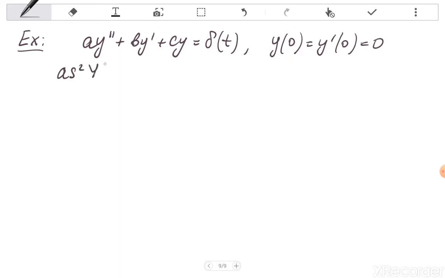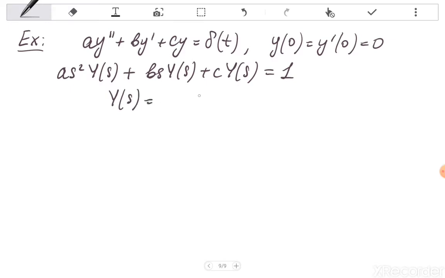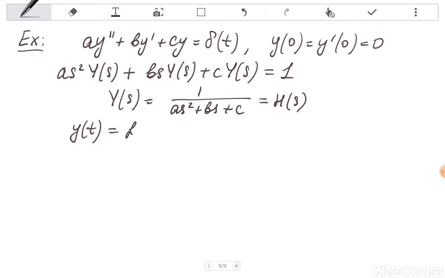a s squared Y of s plus b s Y of s plus c Y of s equals 1, and so Y of s is 1 over a s squared plus b s plus c. And this, as you remember, the name of this function is transfer function. So there is no function g, right? So in fact, if we now apply the inverse Laplace transform to find the solution, this is the inverse Laplace transform of